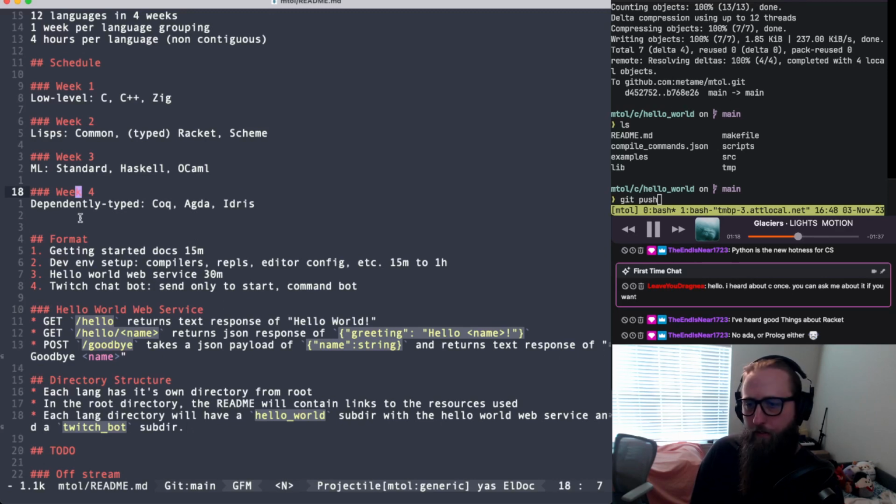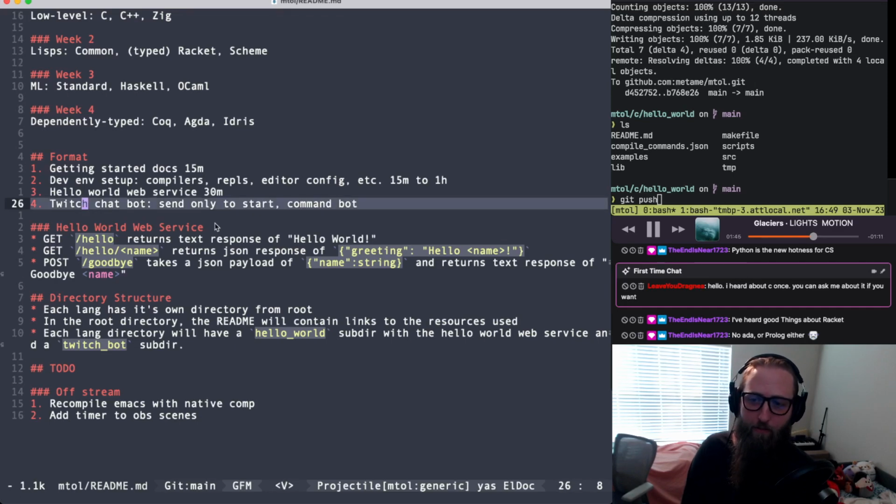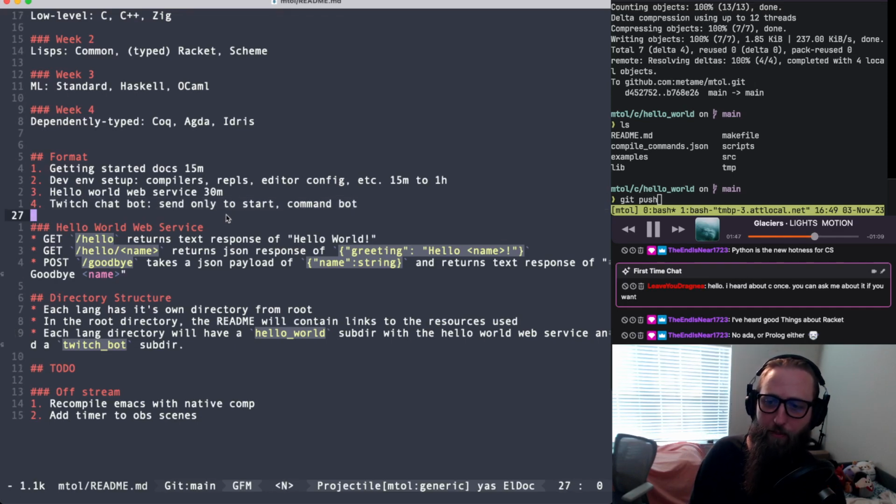And then week 4, we're going to get super nerdy with some dependently typed languages and see how far we get. Where we can, we're going to write a Hello World web service. And depending on how efficient our programming time is, we might get into a Twitch chatbot. Surprisingly, in 2 days of C noobness, I did not get into this second piece here. So that's